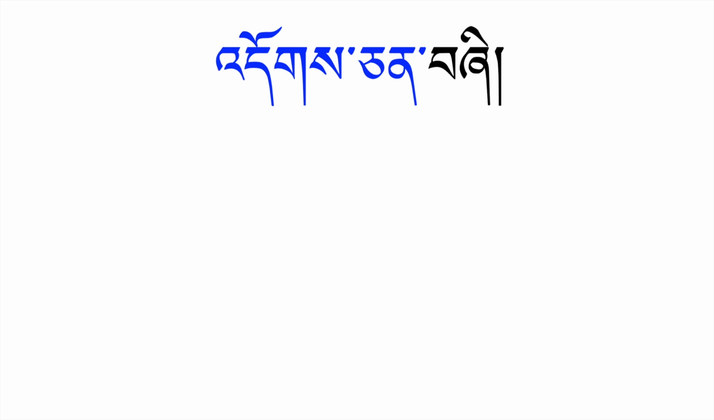And today I'm going to talk on Dokjin Shi. That means four subscribed letters. Dokjin is subscribed letter. Shi is four. So what are the four subscribed letters? The first one is